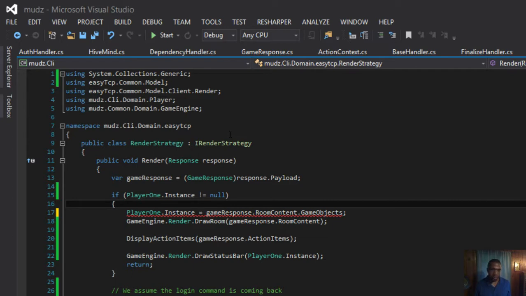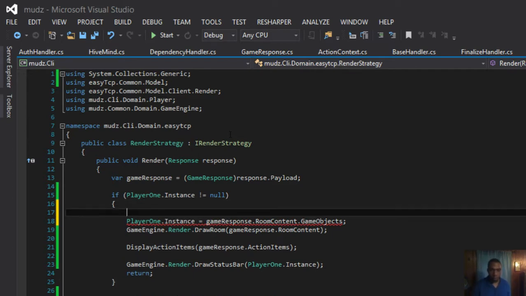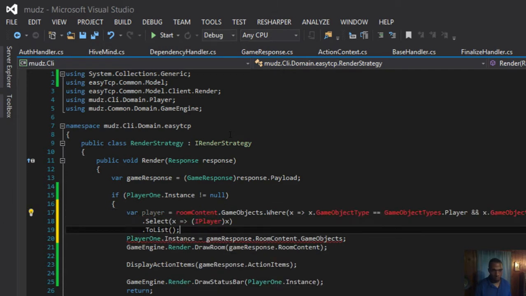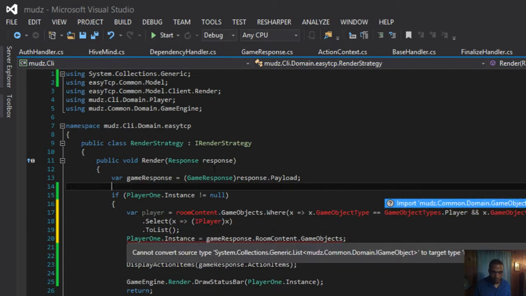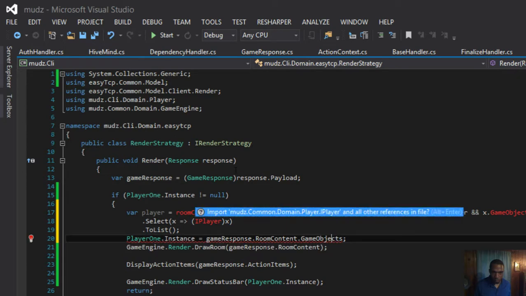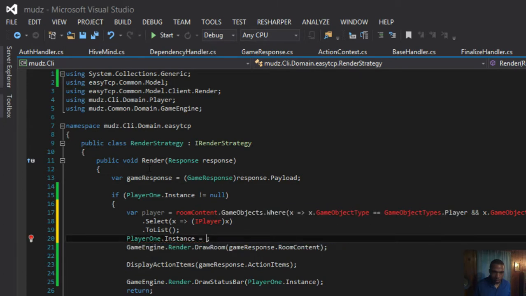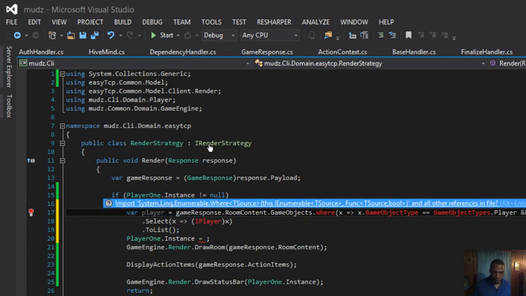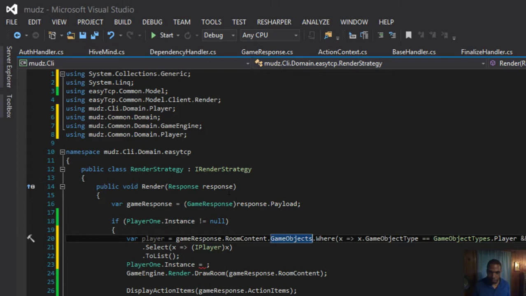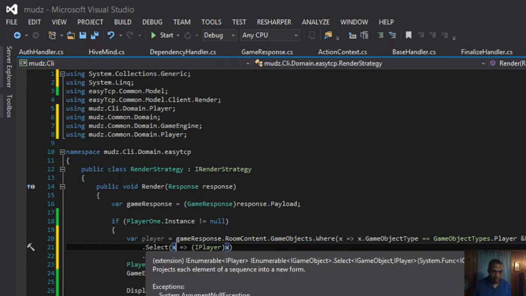So we have a player. What we want to do is get the refresh player out of our response. So we're going to go to our game response and the game objects. Bear with me. We're going to bring in our link enumerable so we can do this. And then